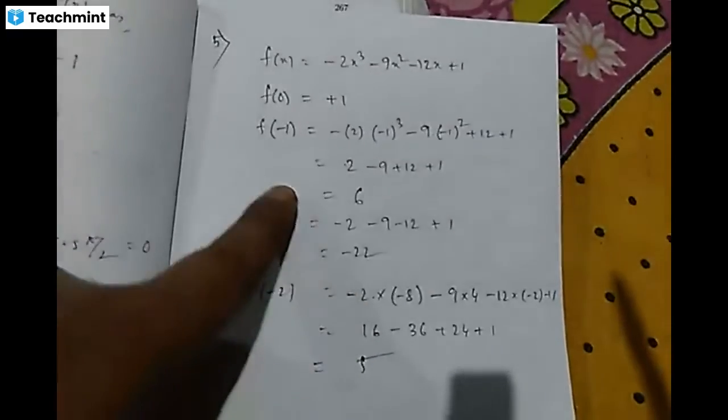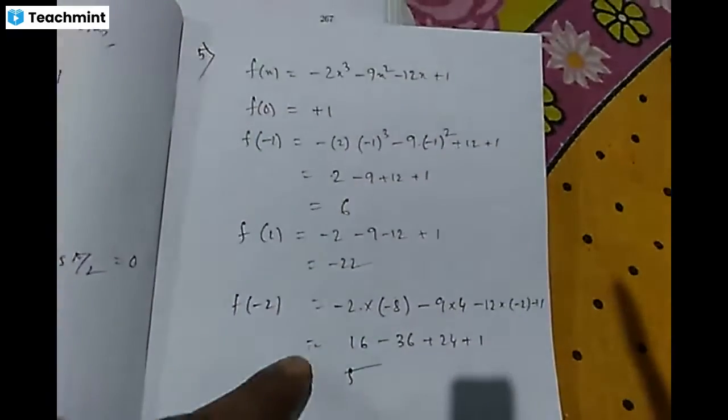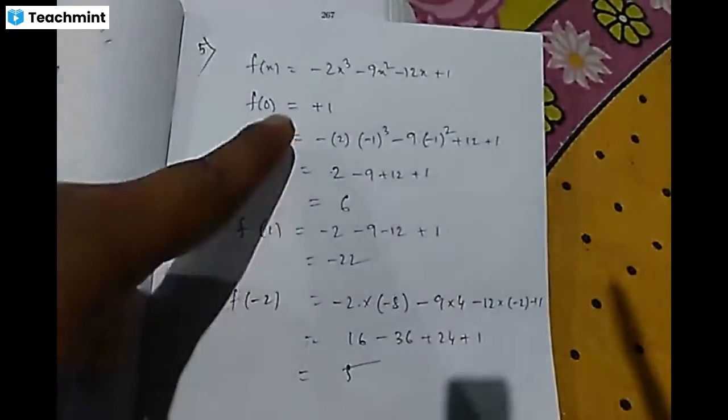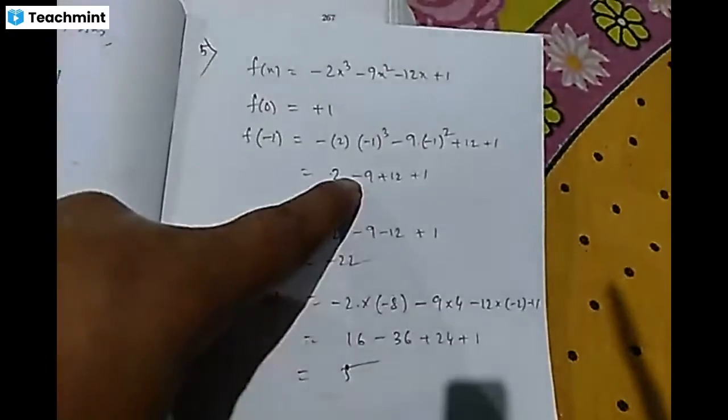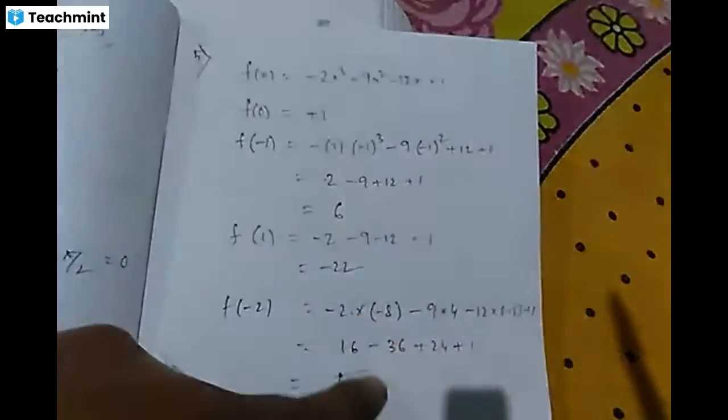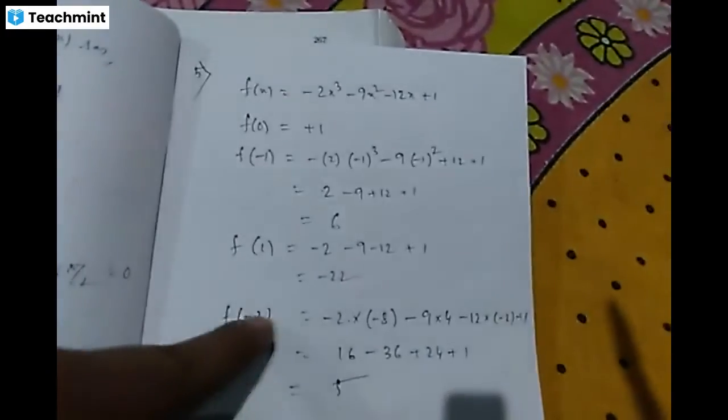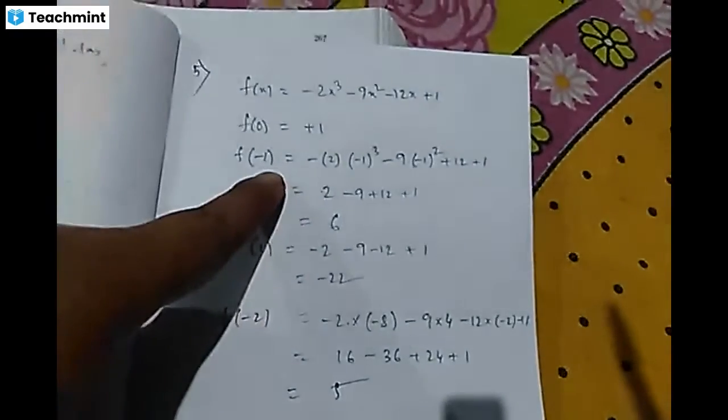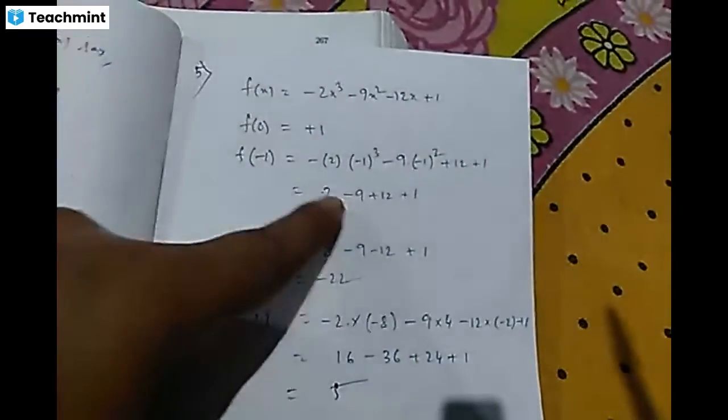So you can look at this: between minus 2 and minus 1, this is increasing from 5 to 6. At other points, this is not increasing. So from minus 2 to minus 1, 5 and 6. So this option will be good, right? Between the range minus 2 and minus 1, this function will be increasing.